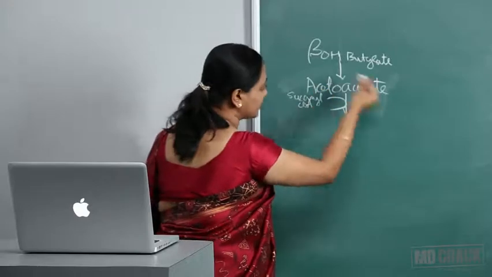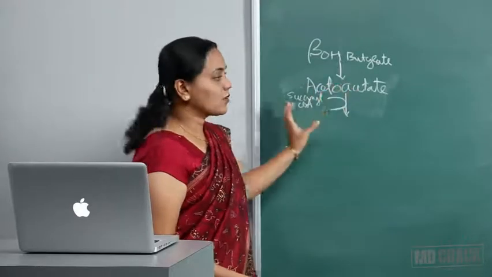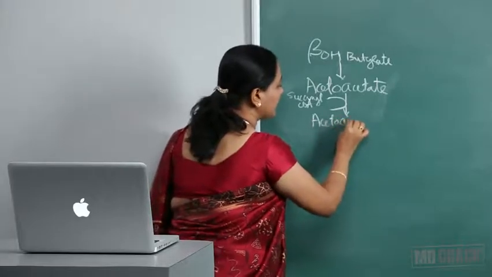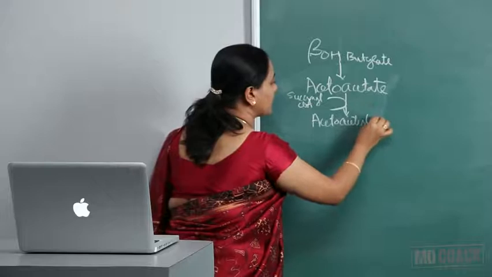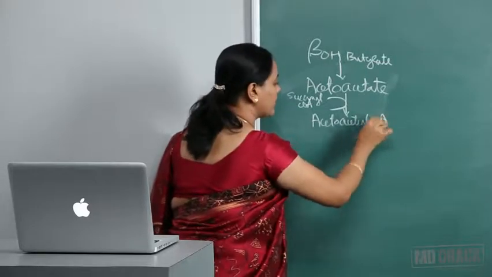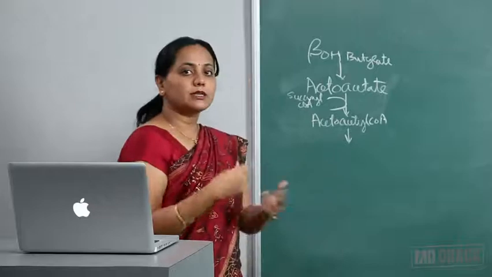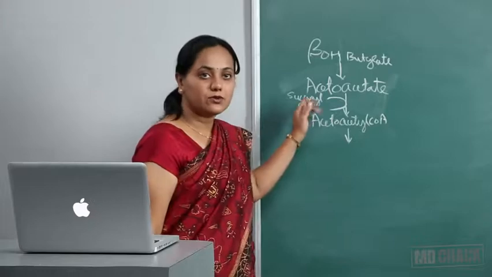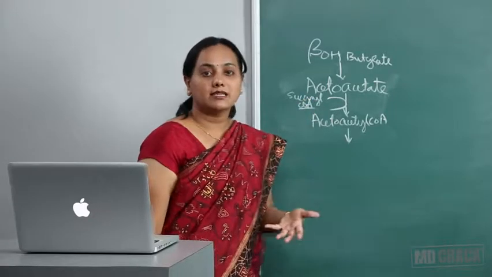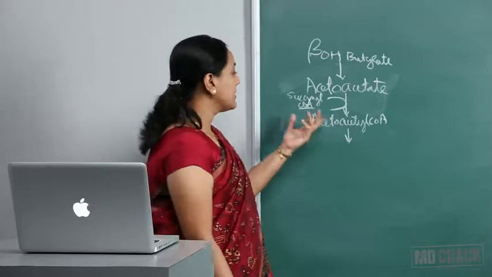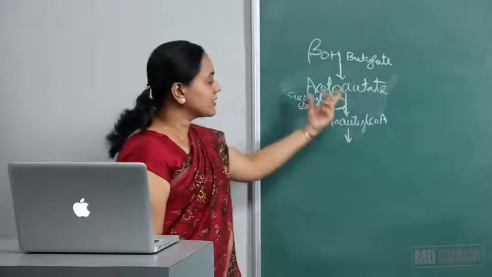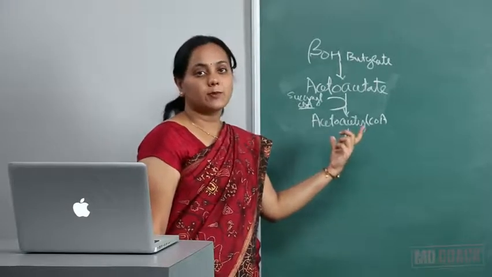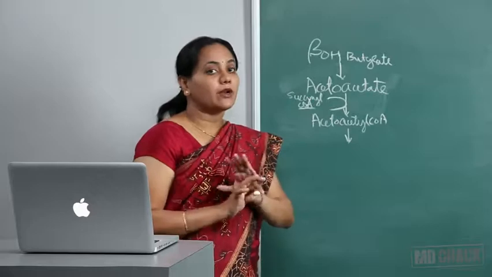Succinyl-CoA gives its CoA to acetoacetate and converts it to acetoacetyl-CoA. Acetoacetyl-CoA can then be broken down to two acetyl-CoA, which enter the TCA cycle. So this enzyme which activates acetoacetate using succinyl-CoA is called succinate thiophorase. Now, where is all this taking place? This is ketolysis, and ketolysis always takes place in extrahepatic tissues and not in the liver.